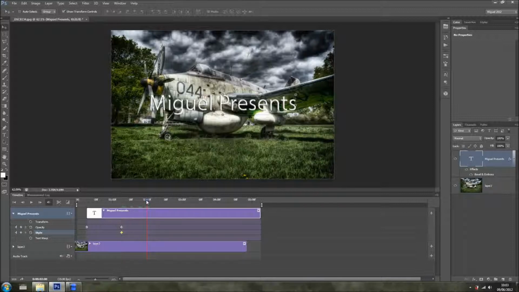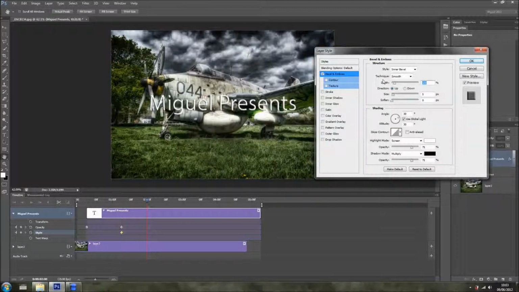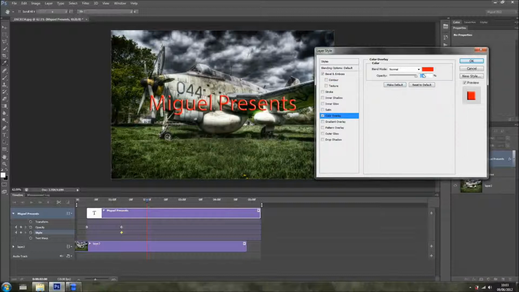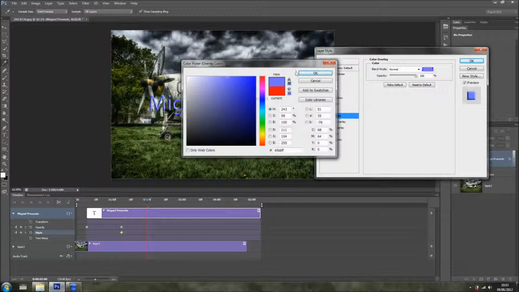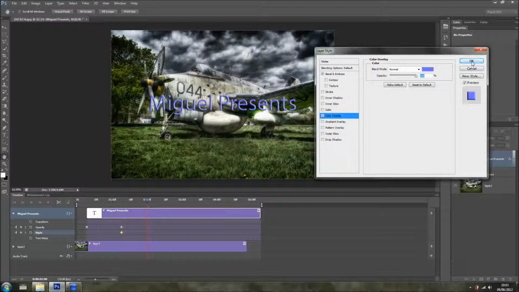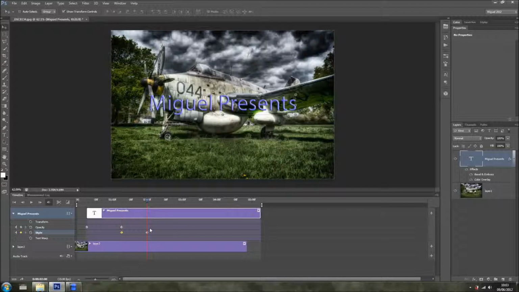So I just moved it here on the timeline, and I'm going to double click again. I'm going into the layer styles panel. So let's say I want a color overlay now. I don't like red, so I'm going for something like so, and I'll click OK. And once we say OK, it adds straight away a new keyframe. So as you can see, it fades in to 100% opacity, and then just changes color